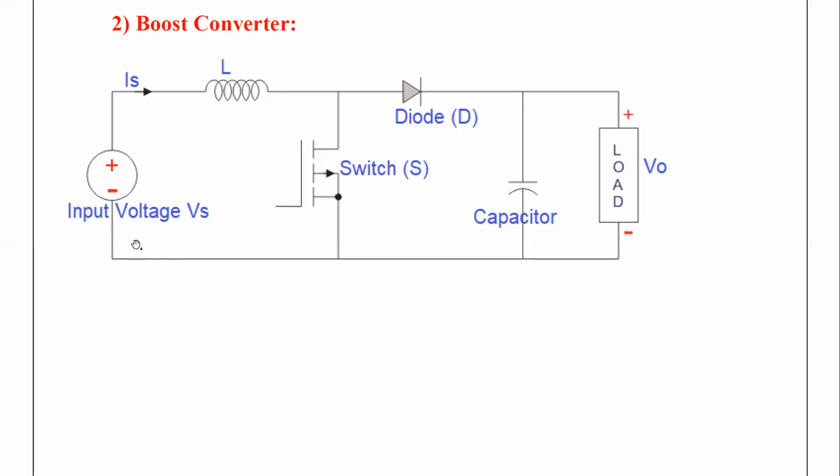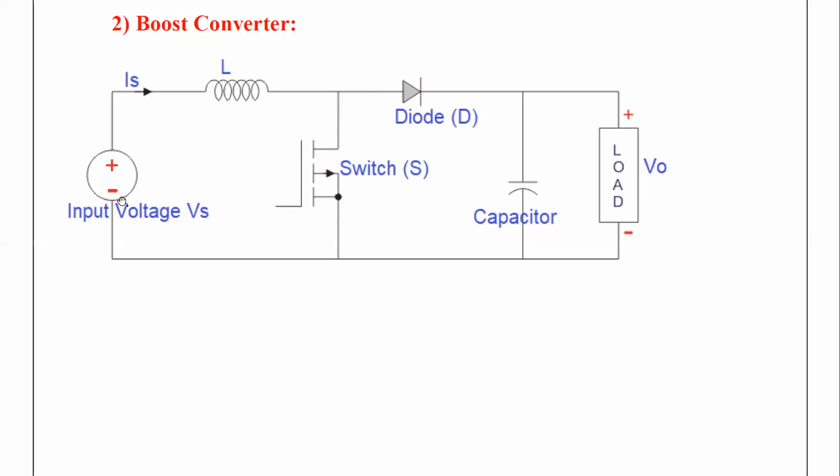Right. So the input voltage Vs is connected to an inductor L, and a switch S is used here. We have already discussed in the buck converter the purpose of using a switch and what type of switch is used for regulators or converters, and you can look at the buck converter topic. The diode D is used like this, and the capacitor C is used here, and this is the load V naught, which is the output voltage we have to calculate.